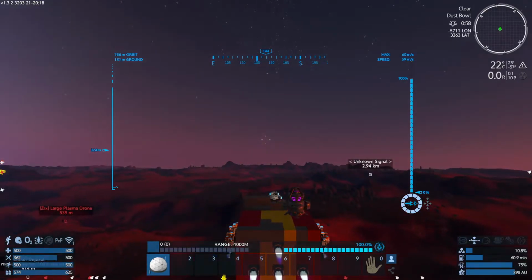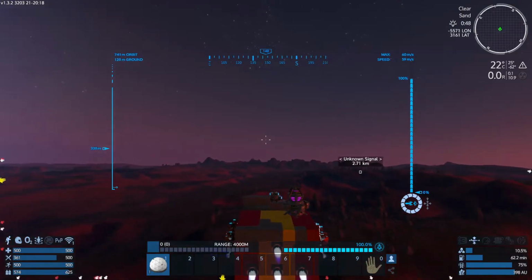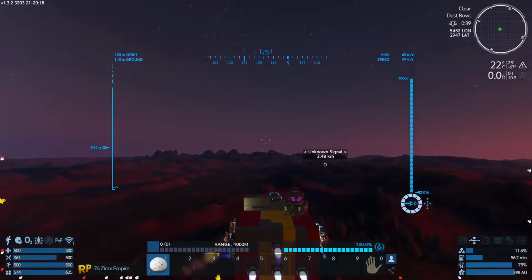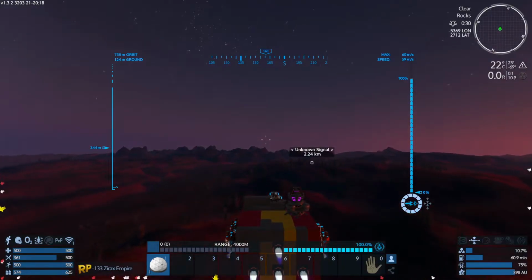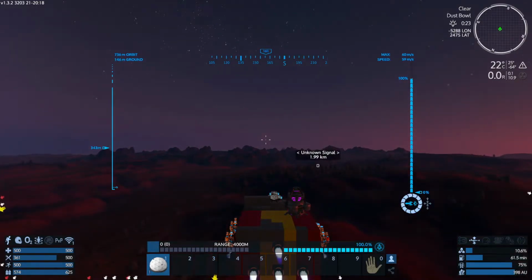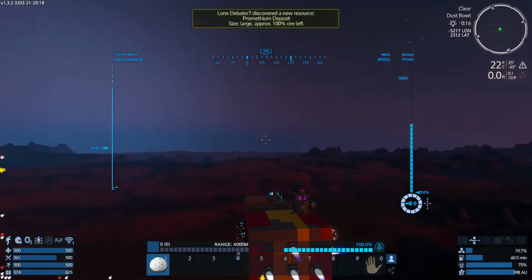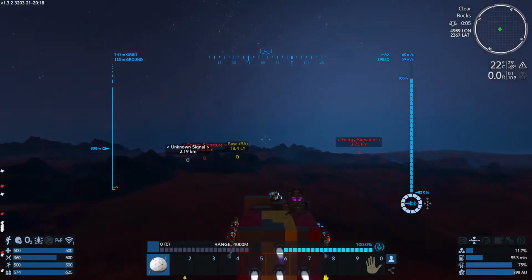So I want to get the mining ship rebuilt because those do drop a lot more. That's why I was able to gather like thousands of resources, is because I put some mining lasers on my ship. So if you're struggling with a similar thing, you need to gather a lot of resources, just take a look at getting the mining lasers unlocked for small vehicles